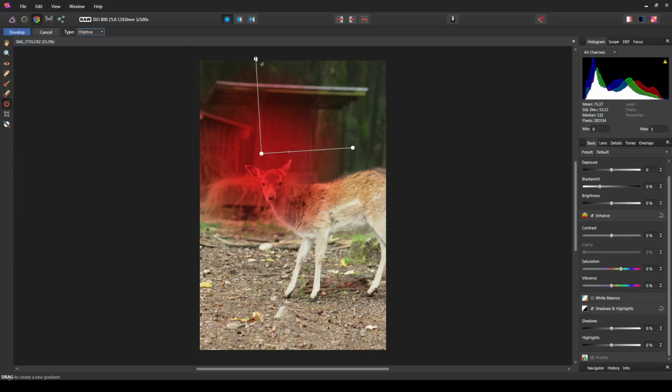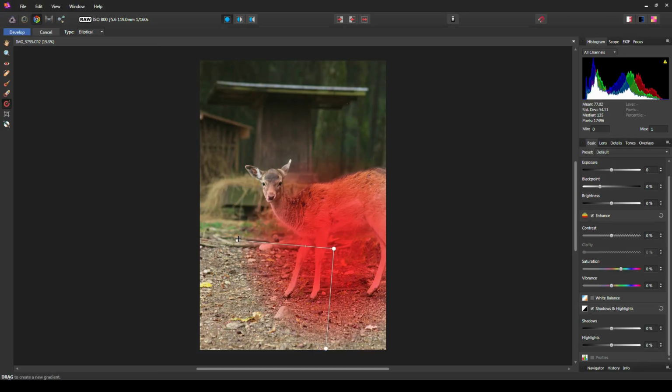And with the elliptical, you can change this, the shape. Interesting, interesting. How can we rotate that? Or can we rotate that? Okay, we have to use those handles here. And